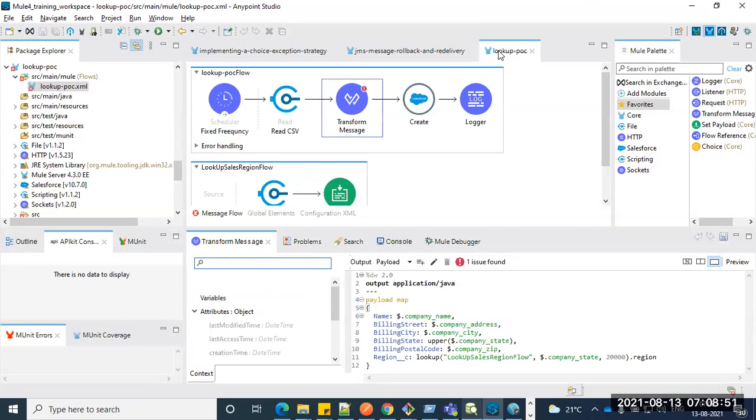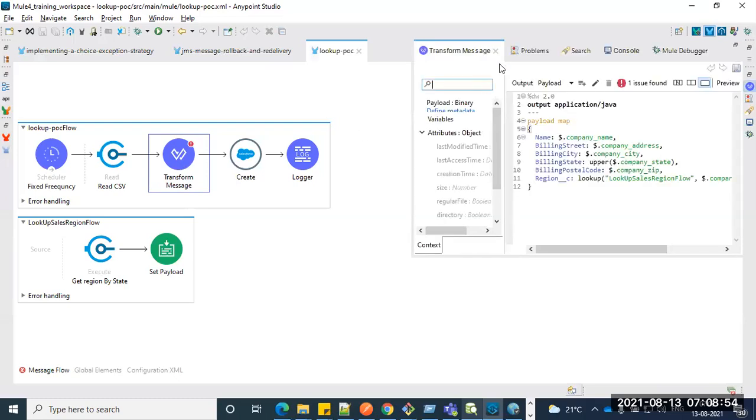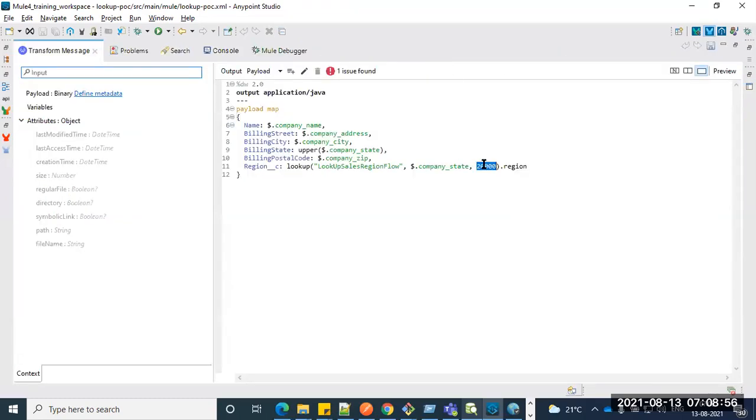Let me just verify it. Hope you guys are clear. So this is an optional field, guys. So we did not keep that optional field actually. We can extend that one. So three parameters you have to pass. One is for the subflow, another one is for the payload, whatever payload is expected by your subflow, right? Which is nothing but this. And hopefully you can see my screen. So this is the subflow, and this is the payload. And here you can put how much time you want to keep it, based on the complexity of your subflow, right? So that much you can keep it actually.